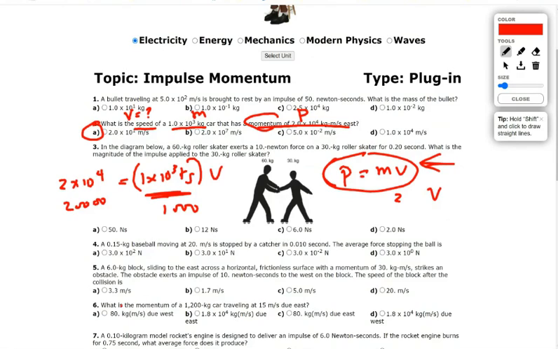Oh, that's when they ask for total momentum. We just did a problem, didn't we? When you see total momentum, you have to do M1 V1 plus M2 V2 if there are two things. You have to do the momentum of each, and if they're going in opposite directions, make one positive, the one going to the right positive, and the one going to the left negative.